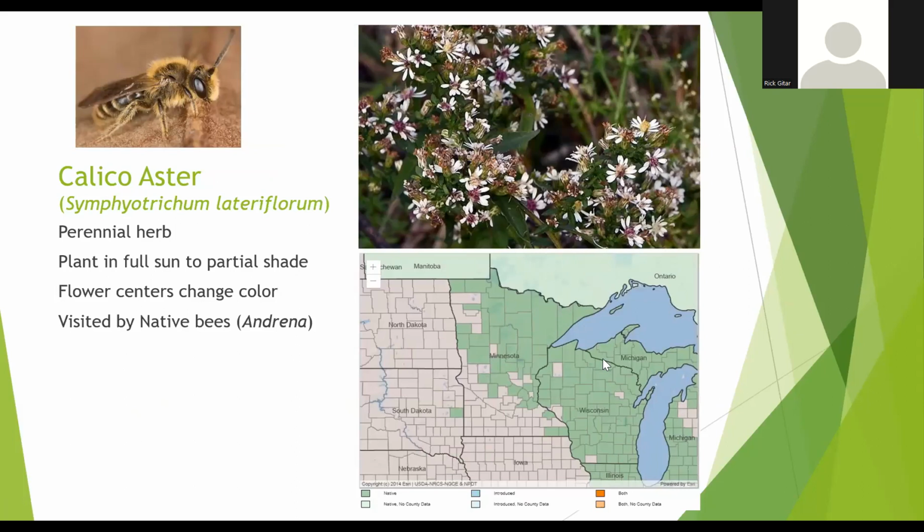Calico Aster is another aster. It's also called side flowering aster because of the way it grows, often leaning towards one side. It grows large and clumping. It'll generally keep blooming until the first frost. It gets the name calico because these plants will start out with the yellow in the center like this, but